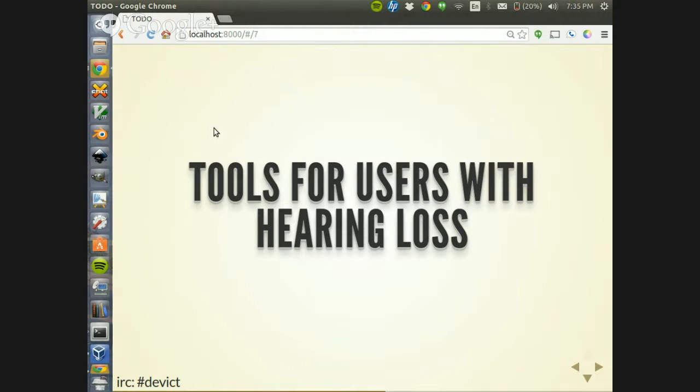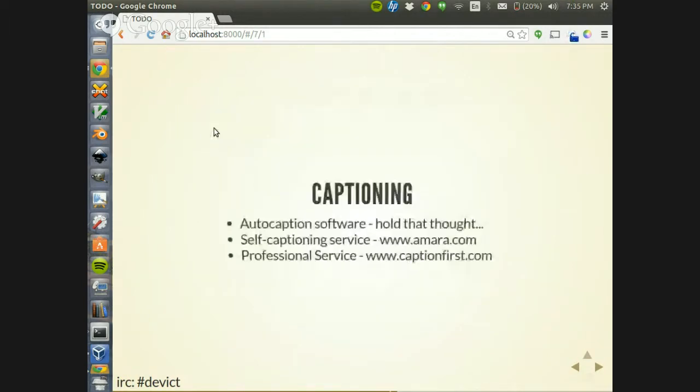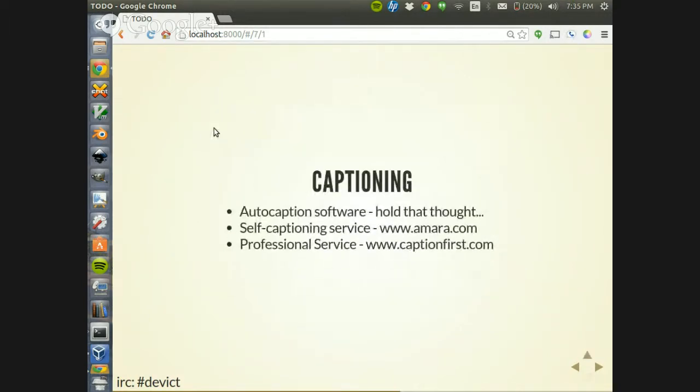Tools for users with hearing loss, right? Captioning. So the auto caption software, I keep dangling that carrot. We'll get to it. Trust me. Self-captioning service, Amara. I didn't click through to it, but it as well as Caption First.